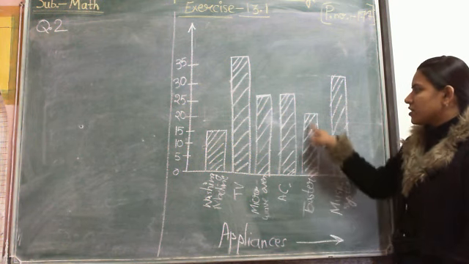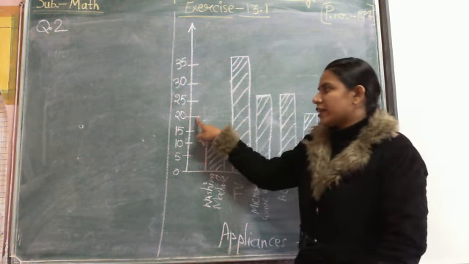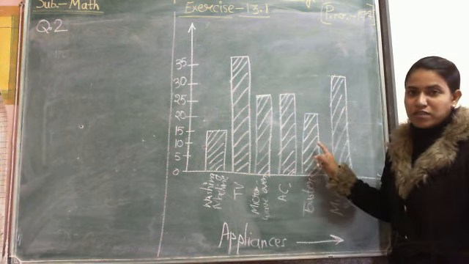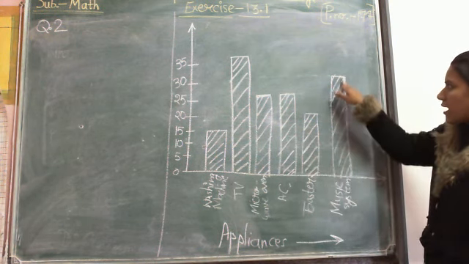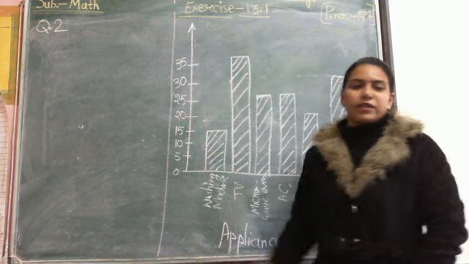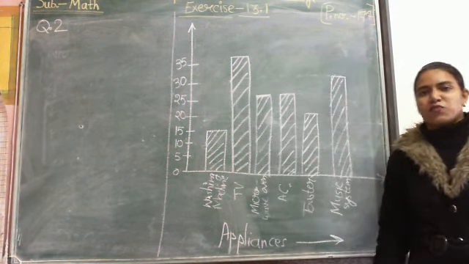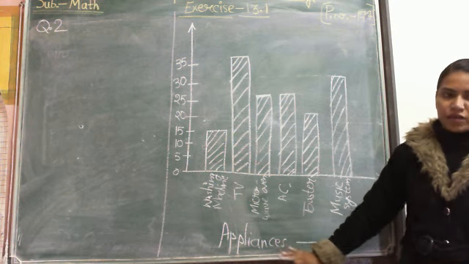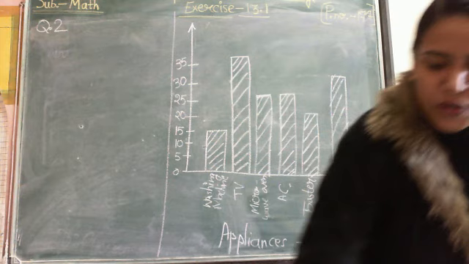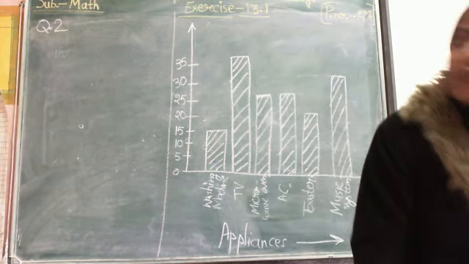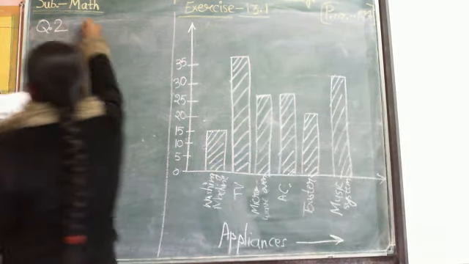Toaster, how many toasters? The bar is up to 20. It means 20 toasters were sold. And music system, the length of the bar is up to 30. It means 30 music systems were sold. So this is the given bar graph in your book. Now let me read the question once again for you. Question 2, the bar graph shows,